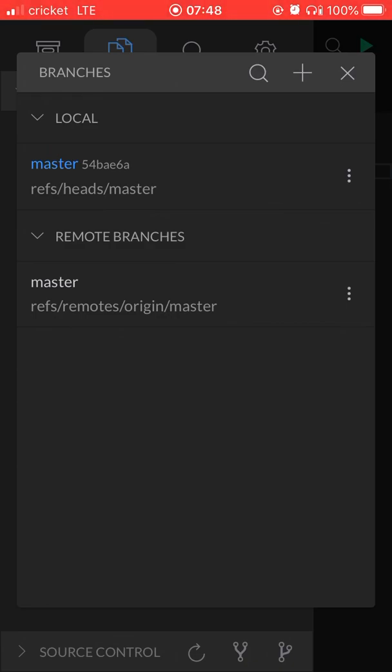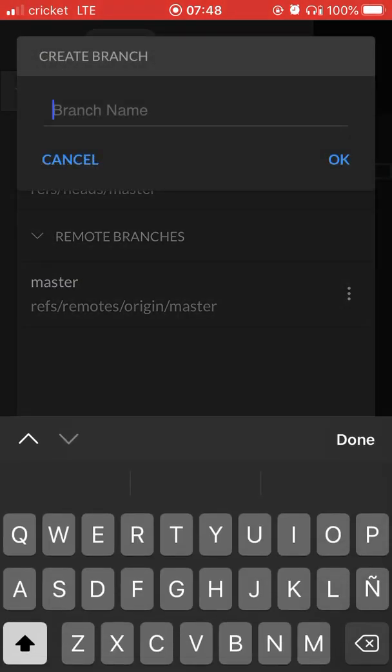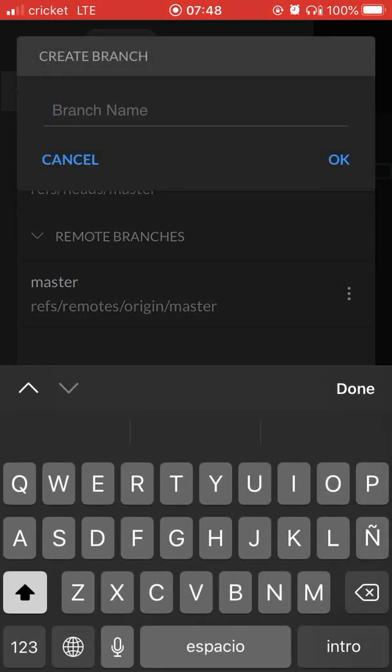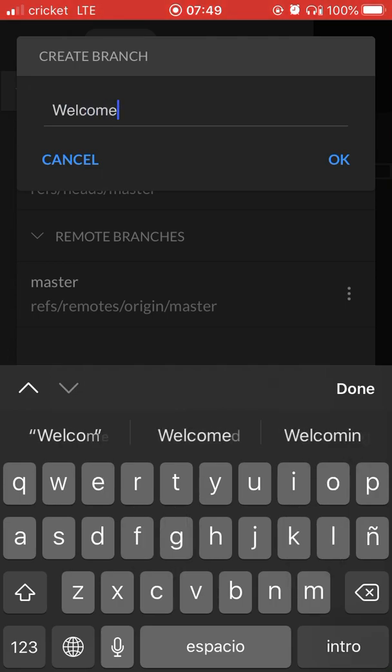So even with the branch, that's what it's going to do. We are going to create a branch on the local, then we will check out that branch. Checking out is more of, let me leave the master branch and go to the branch that I've created. So when I click on the plus symbol next to the search icon here, I can type in a branch name. The plus symbol is like add a branch. So if I say welcome,